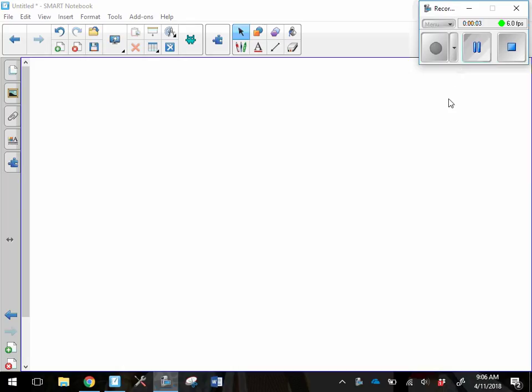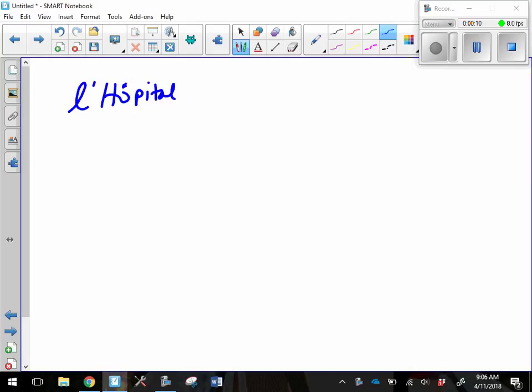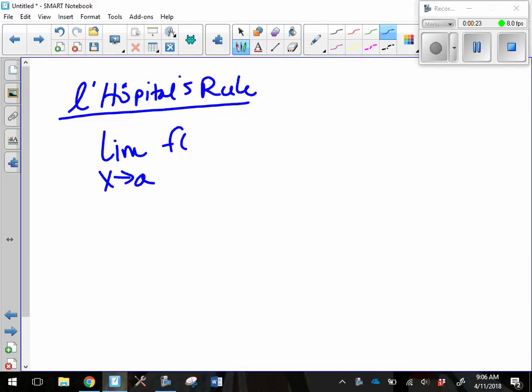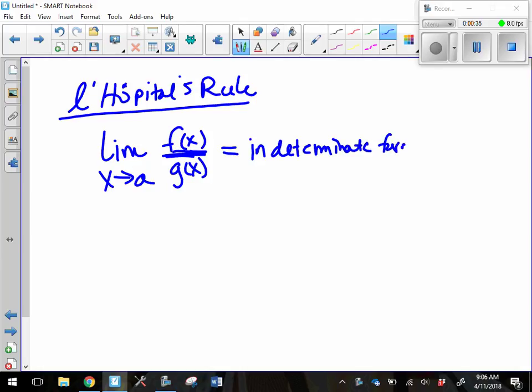So we were talking during class yesterday that as far as L'Hopital's rule is concerned, I really only ever want you to use the strong form, which says that if we take the limit as x goes to a of f of x over g of x, and that is equal to some indeterminate form like 0 over 0, which is pretty equivalent to infinity over infinity, we'll talk about some other forms today, that we can say that this is then equal to the limit,